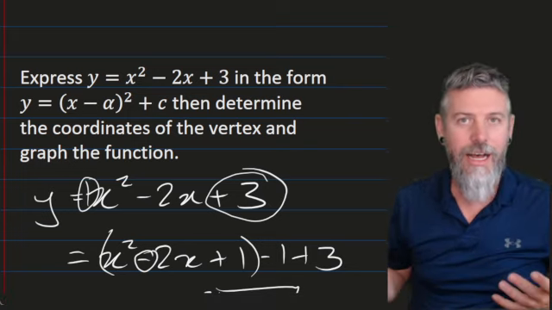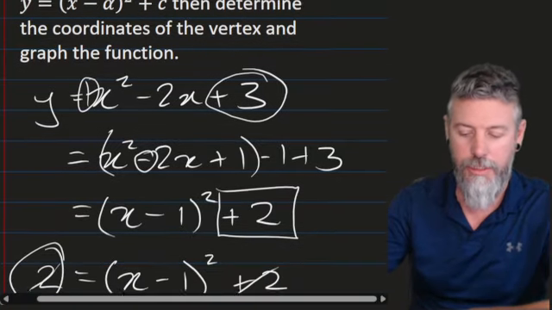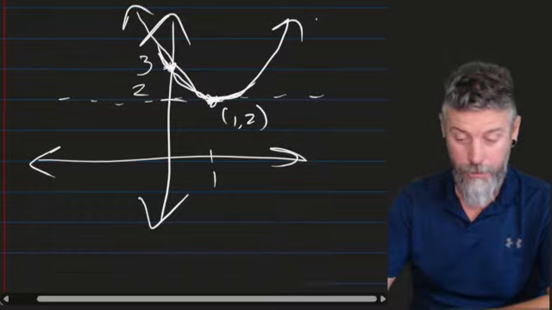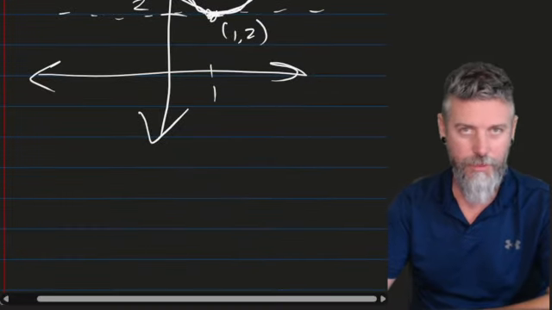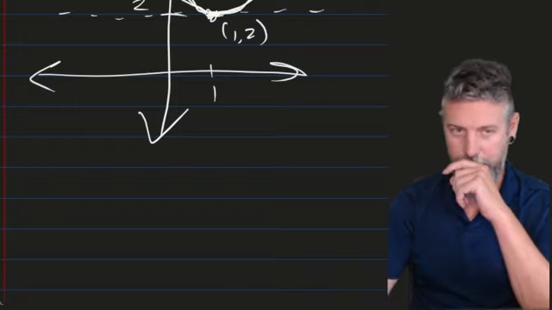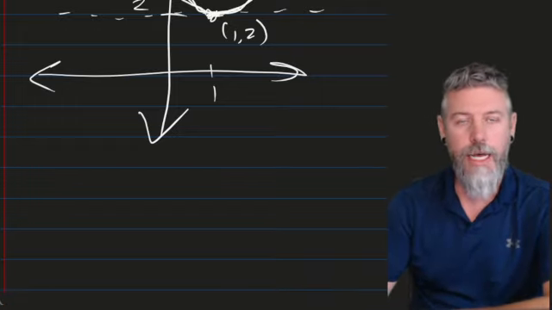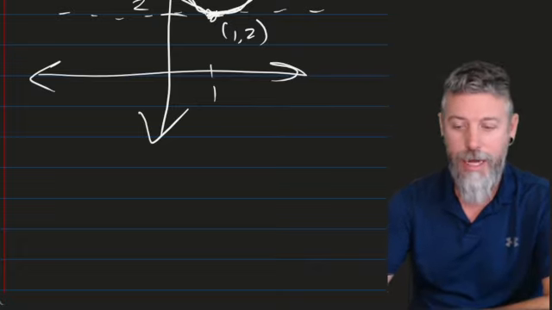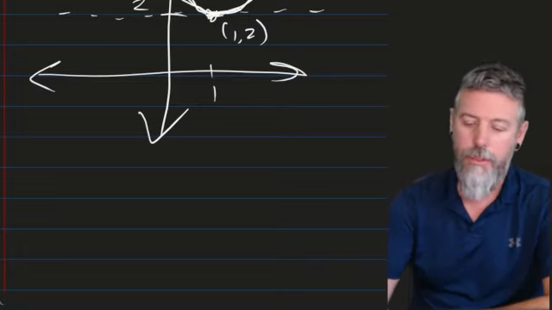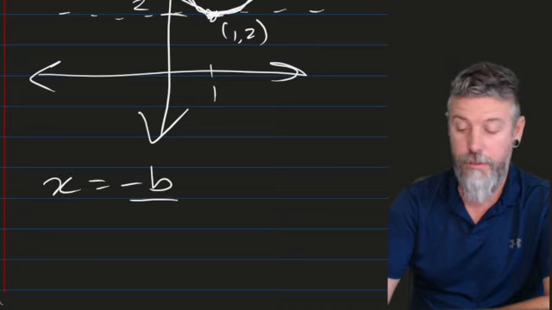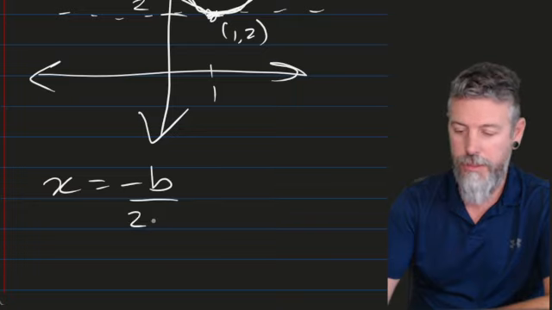Now I already have determined the coordinates of the vertex just by doing what I did at that line 2. But of course, you have a formal way of determining what the vertex is. So let's use that formal procedural way and see what it says for our understanding way that we did earlier. So we have a formula for finding the axis of symmetry, and that tells us that x equals